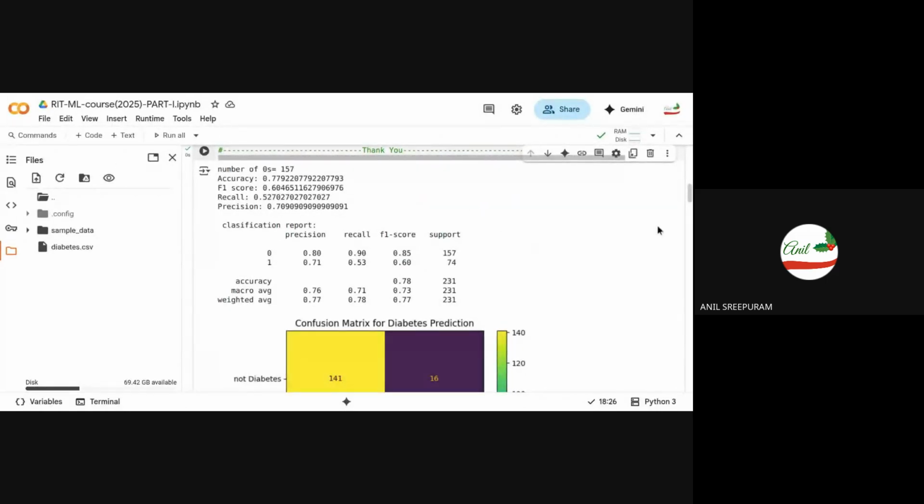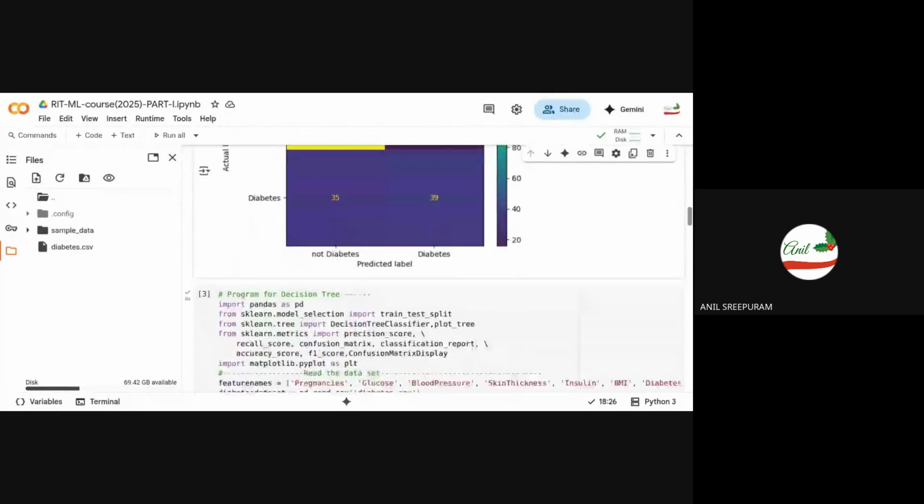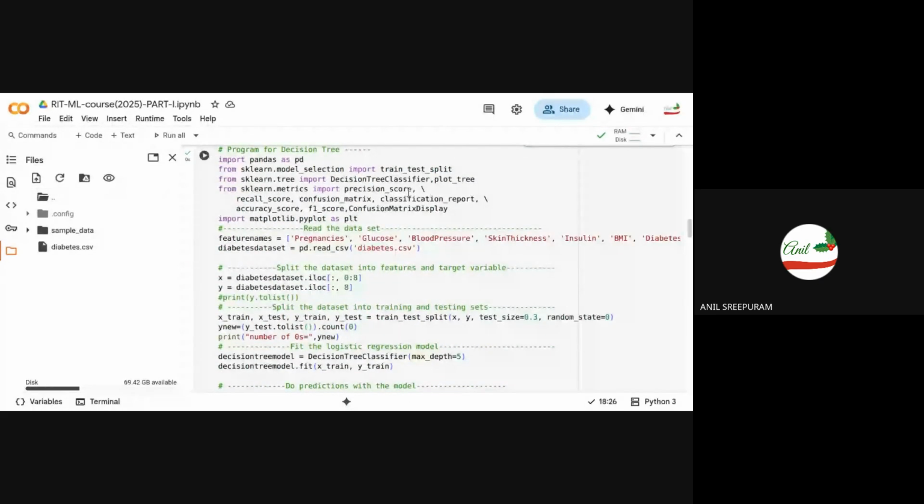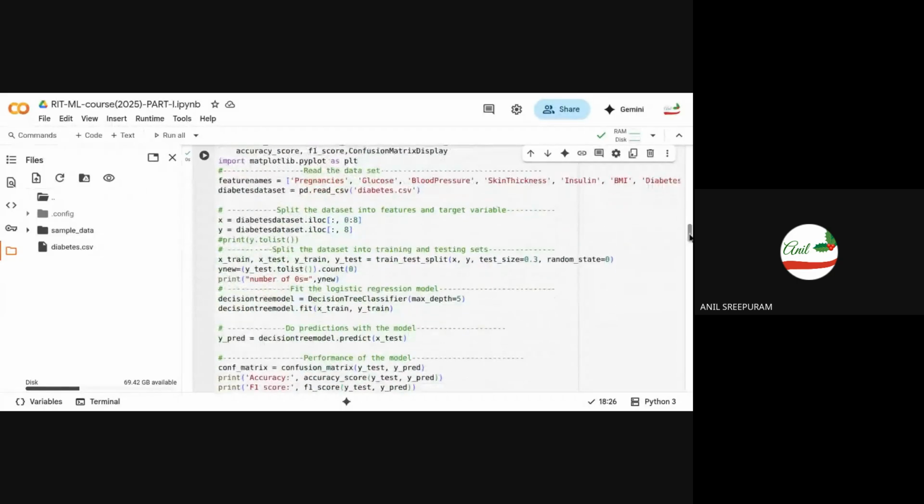The second code segment that I have taken here is for the implementation of decision trees. The only thing is, it's the same PIMA dataset that I'll be using for diabetic prediction, instead of logistic regression. Now I'm using a decision tree model where diabetic is one category, not diabetic is the second category. I use the same code for the training and test dataset, only the fitting of the model changes, fitting the decision